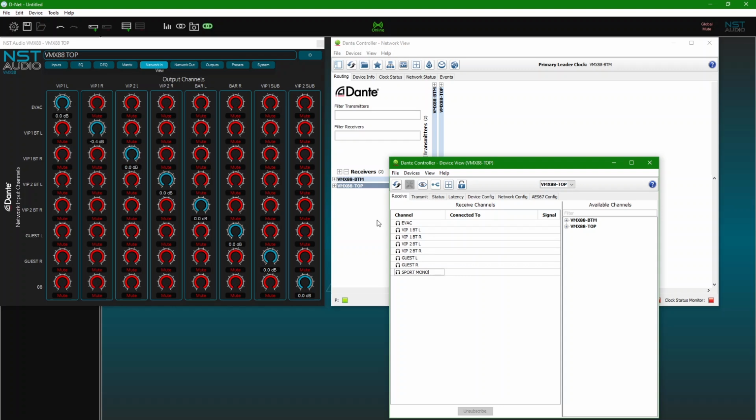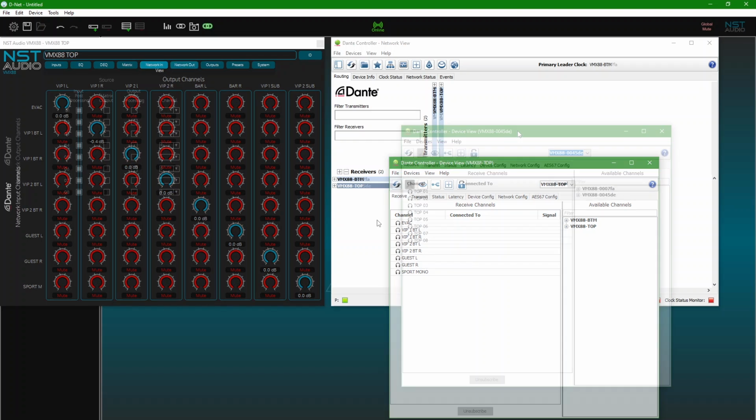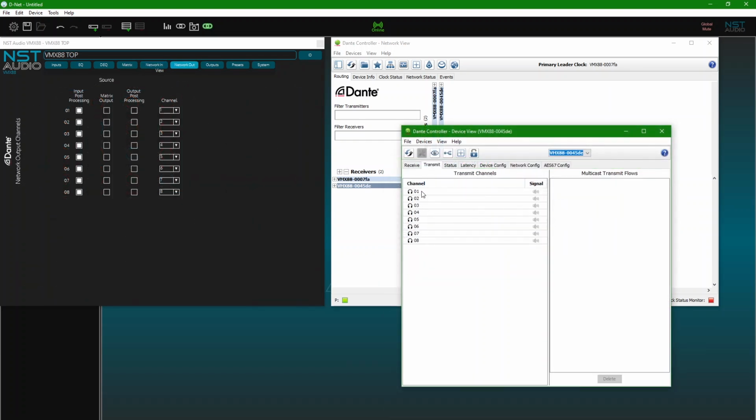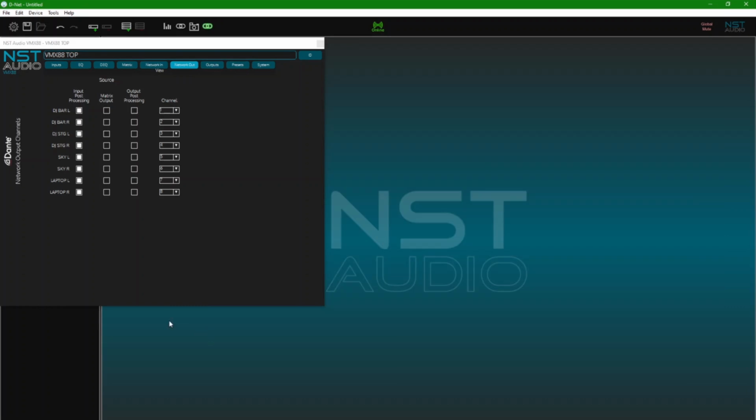As we are creating a 16x16 matrix, we know that these inputs will be the output names from the other unit. Next, select the Transmit Channels tab, and use the names that are the analog input names on this unit. These names are also updated in DNet, on the unit's Network Out tab. While we are in DNet, note that on the Network Out tab, we get to choose the point on the signal path that's used for each channel, and also to remap the channel's actual stream. Unless there's a good reason to change these settings, the default is to send audio from the end of the input's processing, and stream network output 1 from input 1, and so on.